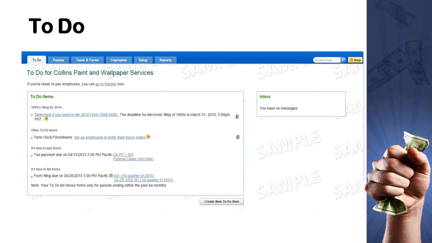It also reminds you when you have tax payments due if you're the one filing the tax payment yourself. So in this example, you can see that there's California personal income tax that needs to be paid, and also your federal tax that needs to be paid. And in this example, they tell you the date of April 13th. And then at the bottom, they do let you know when your forms are due. So you can see in this example that the first quarter 941 is due,